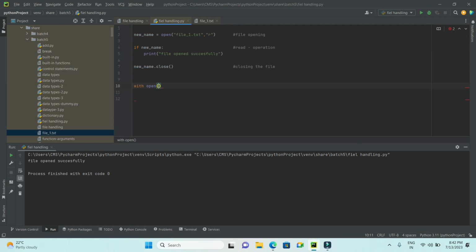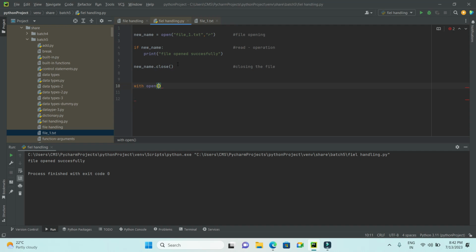Here I'm using the with keyword. The with statement was introduced in Python 2.5. It is useful when manipulating files or performing any kind of operations. It is used in scenarios where a pair of statements is to be executed with a block of code in between. Let's say you have some kind of statements in between blocks of code, then you can go